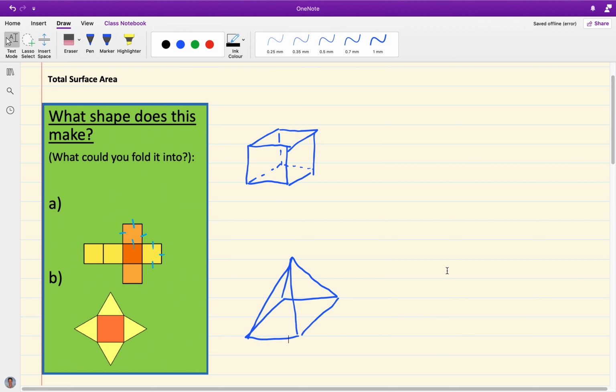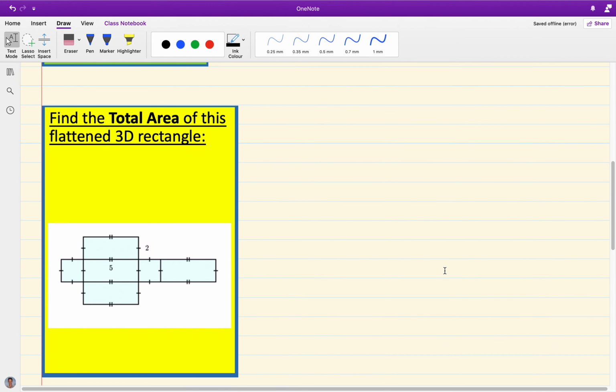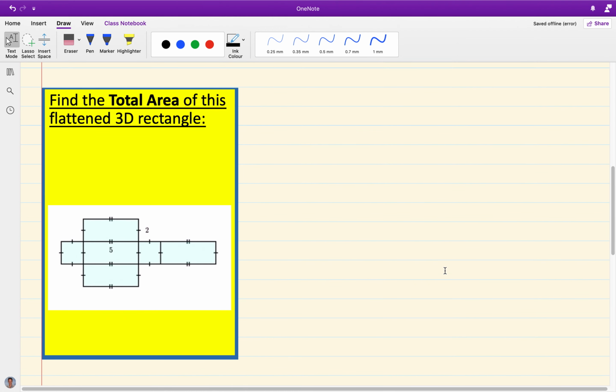Let's move down from there to finding the total area of this flattened 3D rectangle. Alright, so what I want us to think about here is we've got a few different areas involved. So we've got the squares here and here, and then we've also got